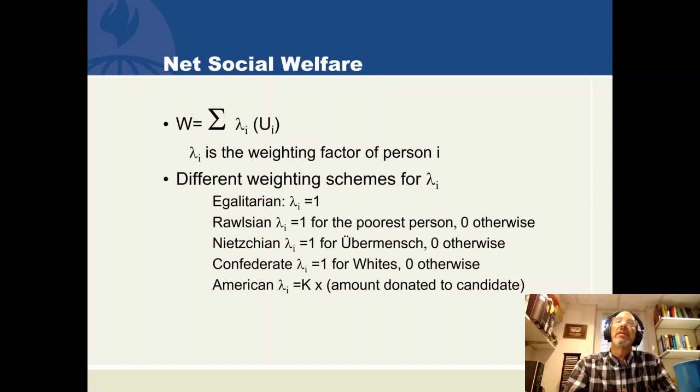But the concept to come away with is that we're going to play the game of trying to get W to be big. Different constitutions and political economies act differently in who matters and who counts. But the name of the game is trying to make W big, and to make W big, we have to take into account individual utilities.